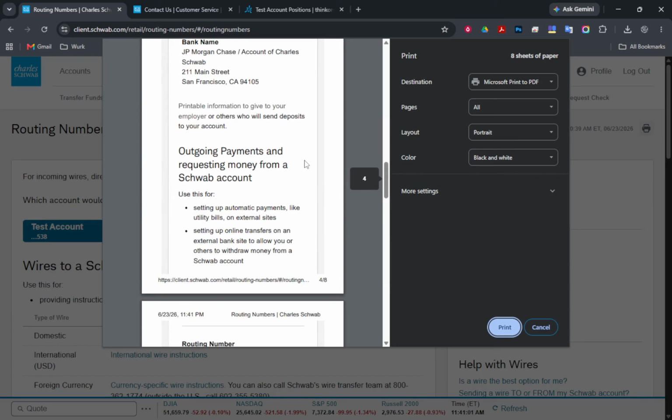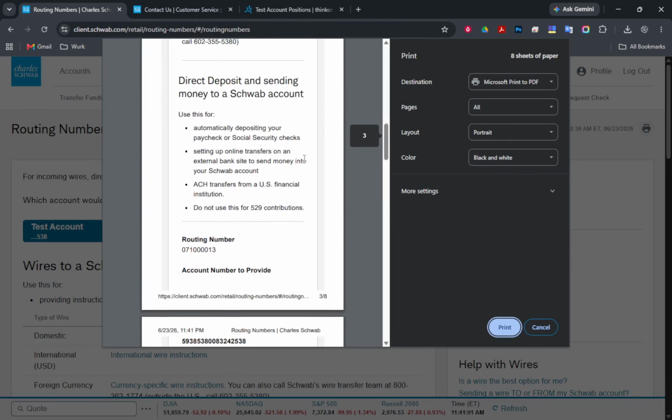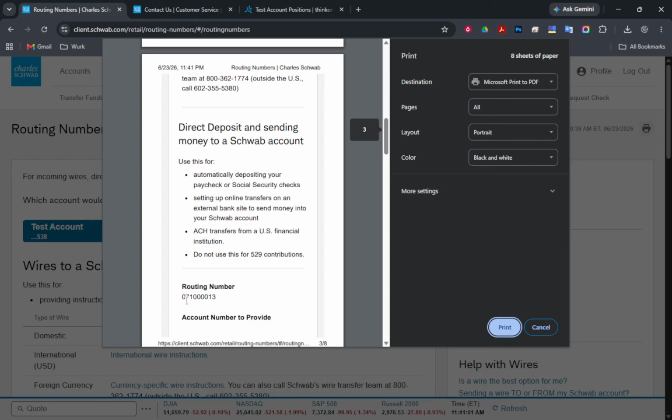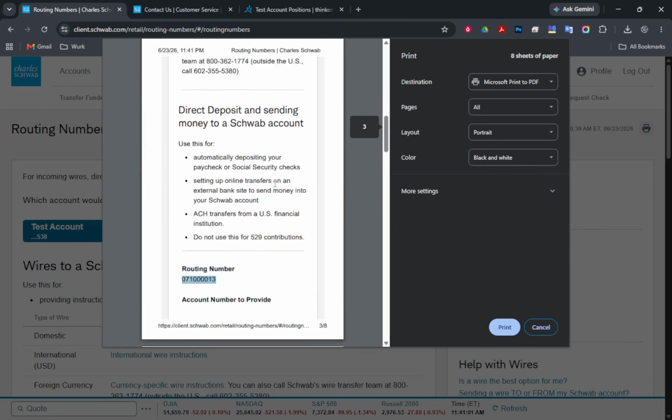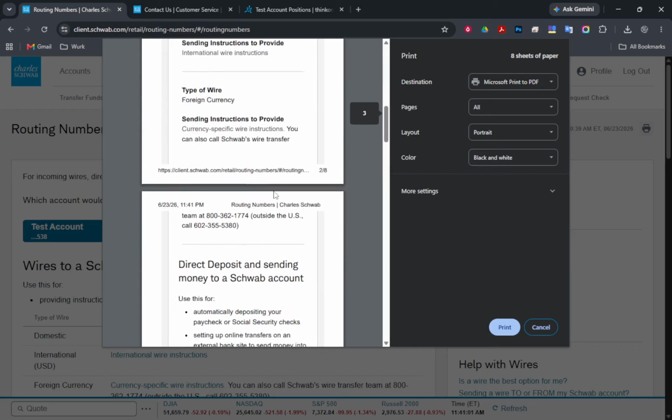By following these steps, you'll be able to find your Charles Schwab routing number with ease. Whether you opt for the app or the desktop site, you now have the knowledge to access your routing number quickly. Remember, having this information readily available can streamline your financial activities, making everything from direct deposits to wire transfers